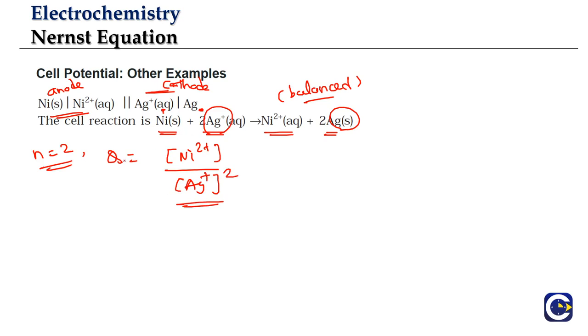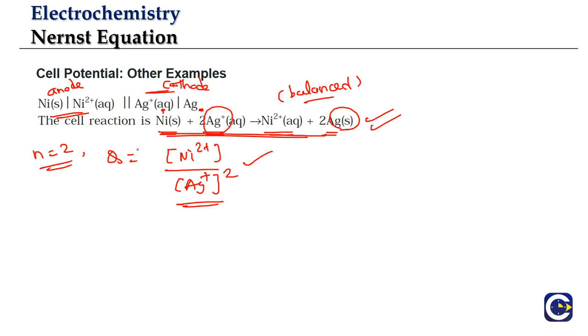While writing the reaction quotient, we have to consider the factors in front of the respective ions, and this equation will come from the electron balancing method. When we write the cathode reaction and anode reaction separately, sometimes the electrons will not be balanced, and we have to balance them and then get the overall cell reaction equation. The reaction quotient formula will be written based upon the overall cell equation.